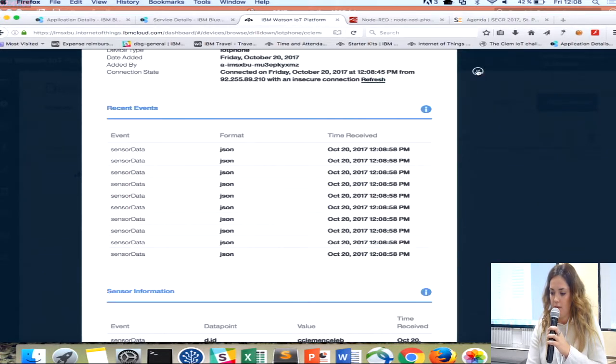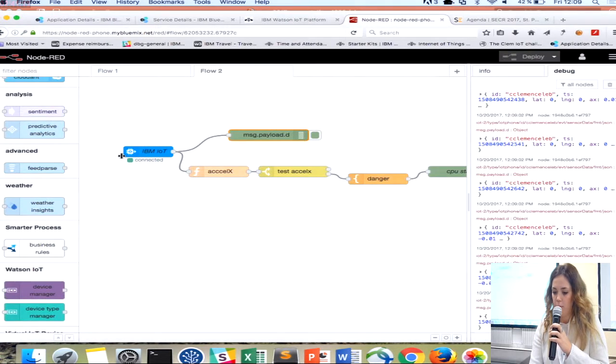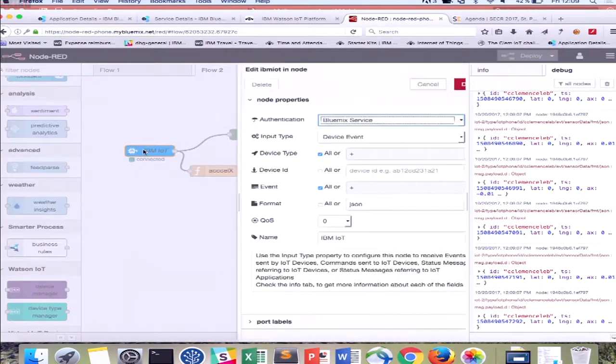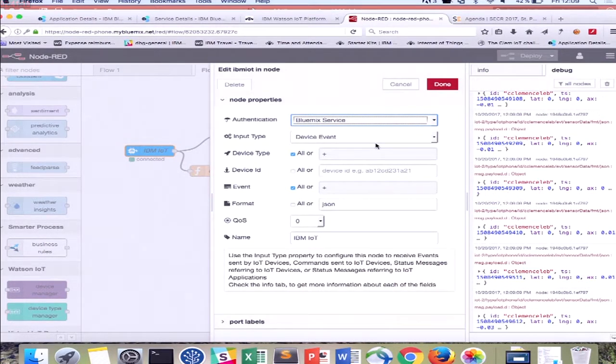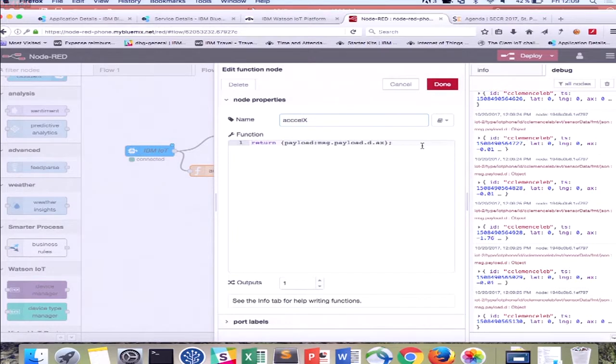Okay, but we said that the Watson IoT platform is connected to my Node-RED. So this box represents the Watson IoT platform. And you see here, I just want to receive device events from the Bluemix service, which is plugged to my Node-RED app in Bluemix. And I receive live data here. And then after, I can do whatever I want. For example, here, I'm just selecting one of the data.